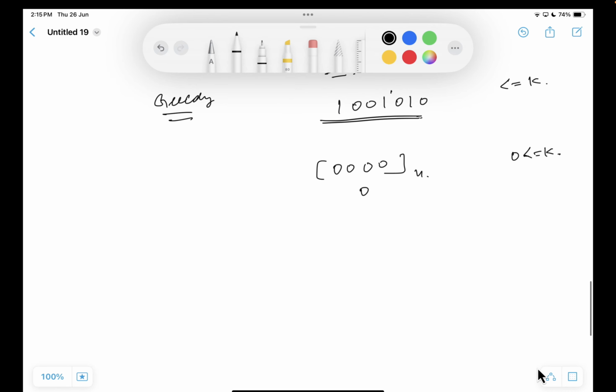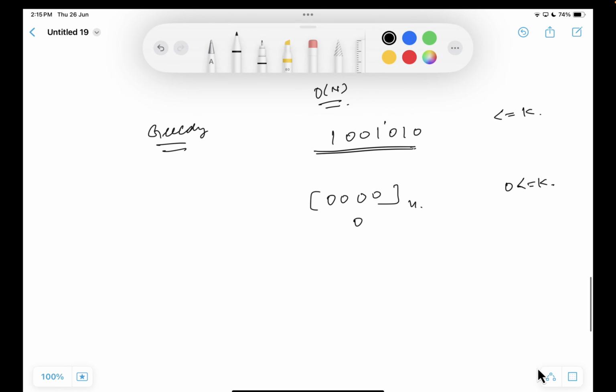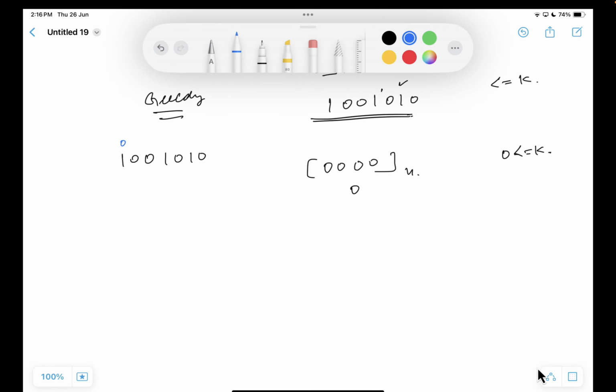Now I have taken all the zeros. I am only left with the 1s that I have to take. Which one do we have to take first? This is the least significant one. This one is going to increase the value of num by the minimum amount. So whatever the number was, 1 0 0 1 0 1 0, this was the number. And if I mark the indices 0 1 2 3 4 5 6,